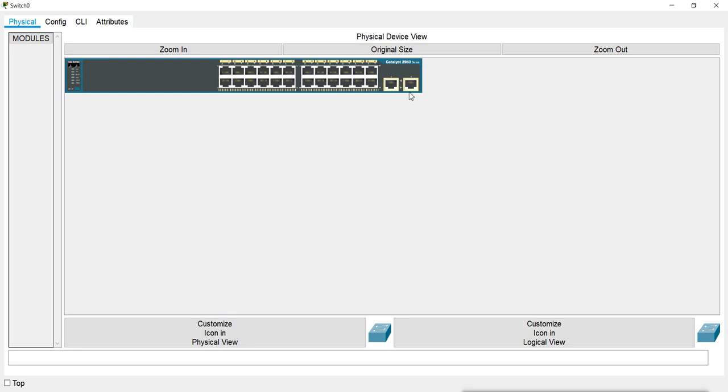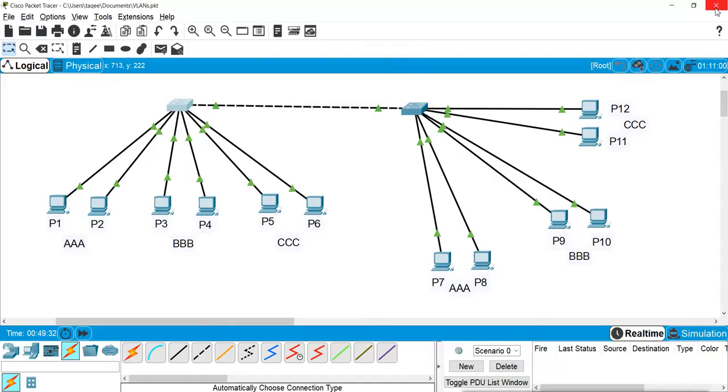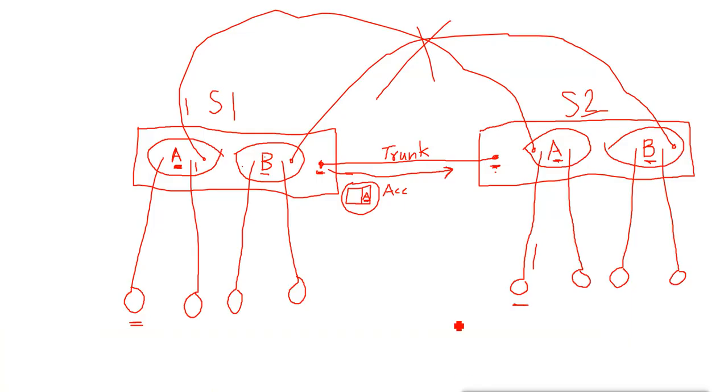We can connect one port to one switch and the other port to another switch, so that we can do trunking. We have two ports: we connect one port to one switch, and from the other port we can connect to another switch.